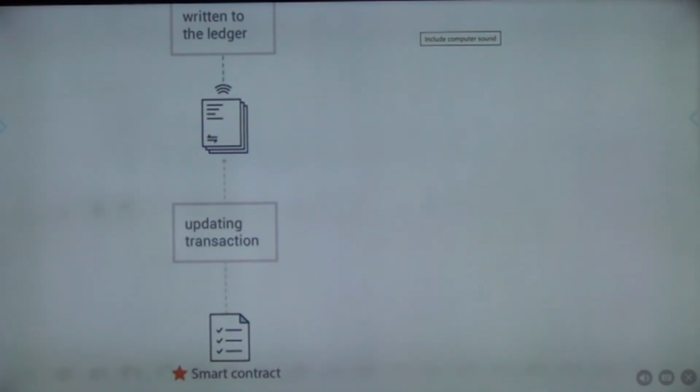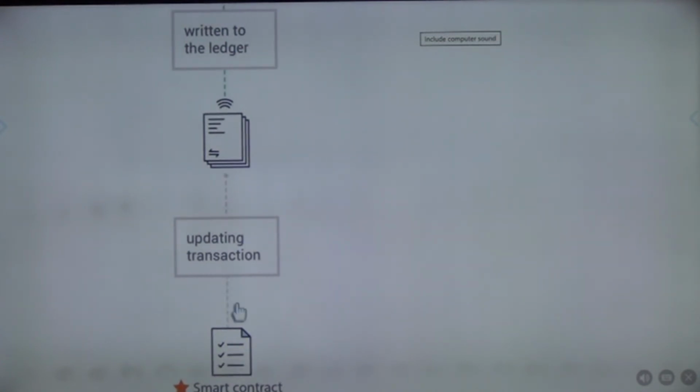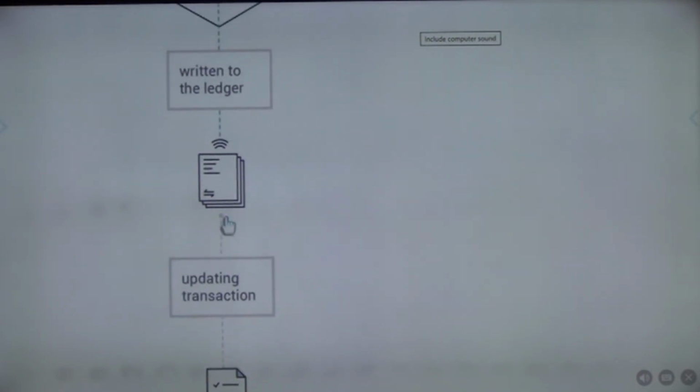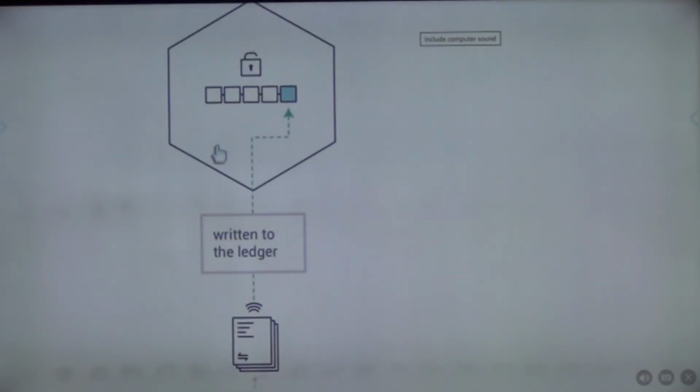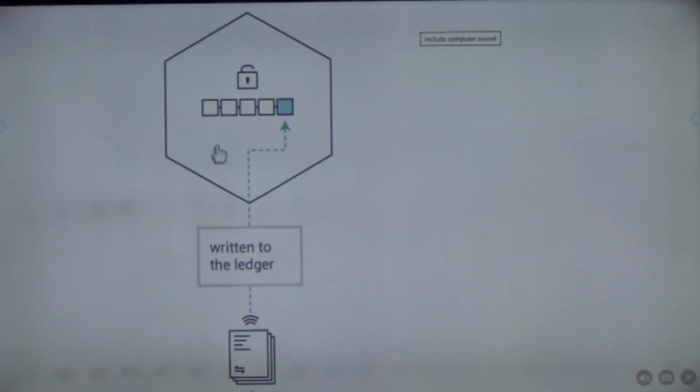Okay, so this is a piece of code which is a smart contract, and this smart contract, if conditions are met, makes a transaction. A transaction is issuing of a transcript, so it makes a transaction and writes to the ledger. See, it goes to the ledger and adds one more block, this is a transcript, it has been issued, it has been added. Now nobody can go and delete it or change it.